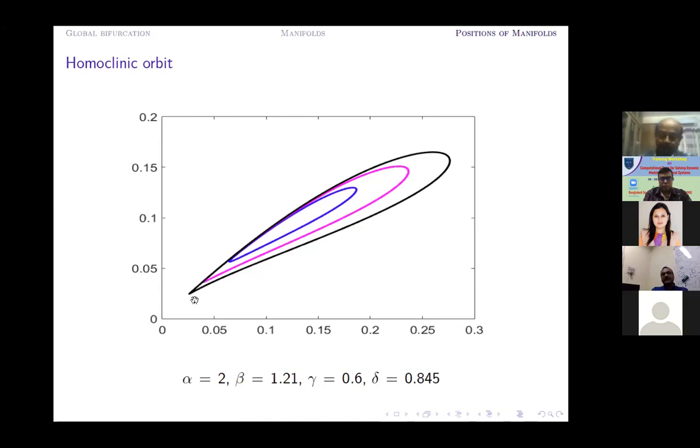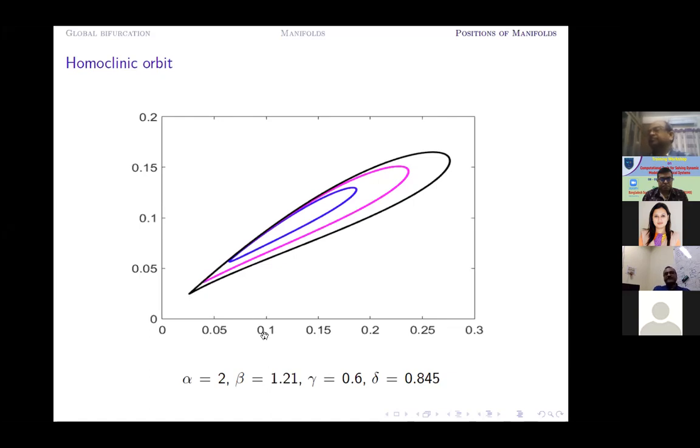In this case, you can see the trajectory is starting from here, moving in this way and ultimately coming pretty close to the equilibrium point. Then the main challenge is that you have to stop the trajectory at this particular point, because this is a continuous system and you cannot find out accurately the homoclinic bifurcation threshold, as well as the exact homoclinic orbit, because the equations are not explicitly solvable. So for numerical approximation, you need to round off the simulation as well as the parameter value at a certain step.